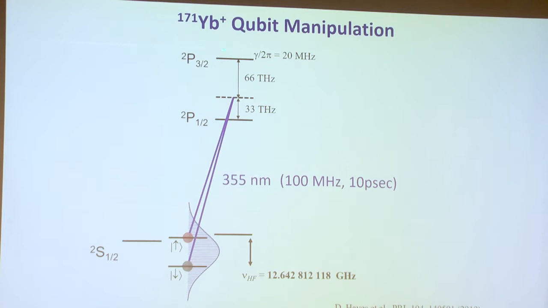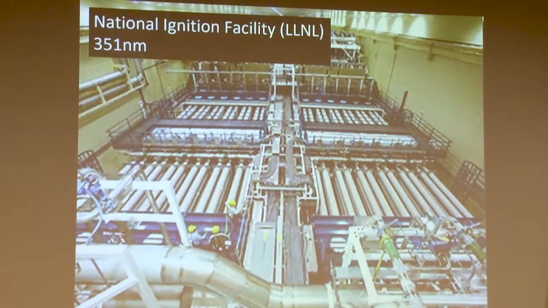I promised you I'd tell you why we're using ytterbium. Well, part of it is a spin 1/2 nucleus is really nice for detection and storage. The clock states are easy to access. But I would say the real kicker is that there's an optimum wavelength to do this Raman process. And for ytterbium, the optimal wavelength is 355 nanometers. Why is that important? Well, because you can buy as much power as you want at that wavelength.